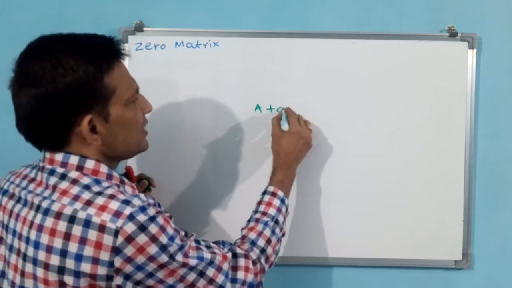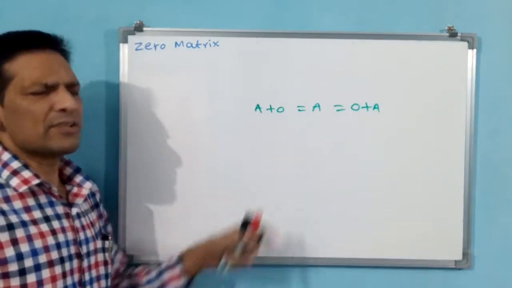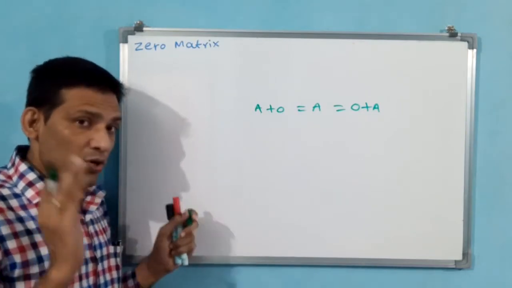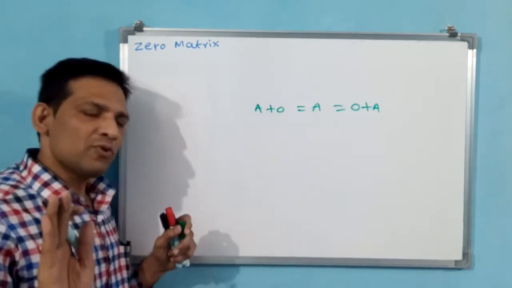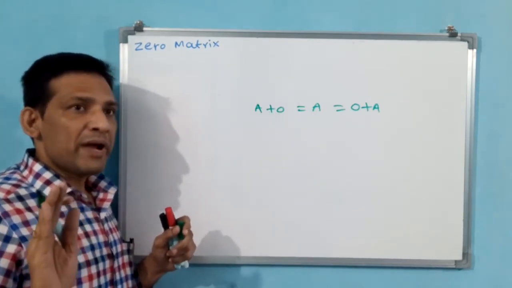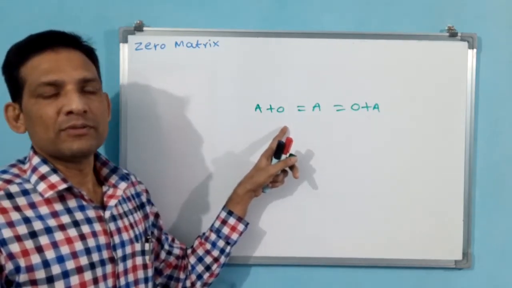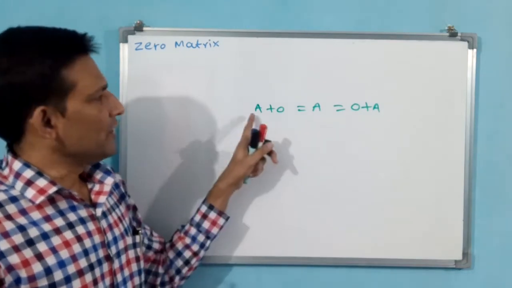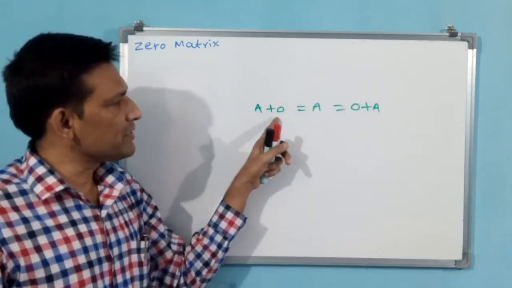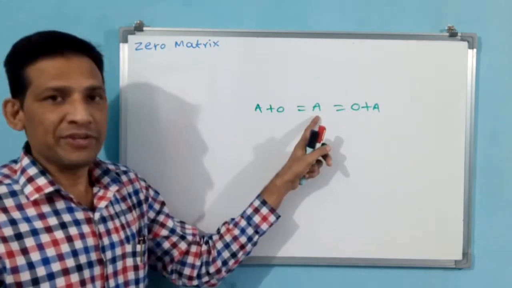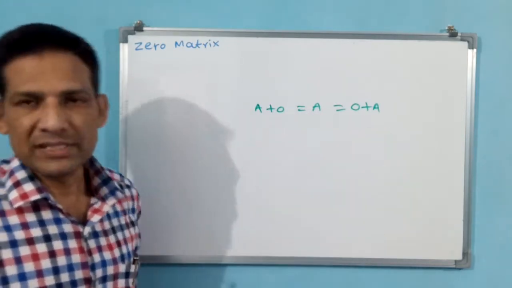Why? Because see, A plus 0 is equal to A, that is equal to O plus A, 0 plus A. See, O or 0 you can spell easily, but you have to keep in your mind that depending on A, this order will come. O or 0 are both the same, but you should keep in mind that this is not a single 0. If A is 2 by 3, O is also a 2 by 3 zero order. Okay. A plus 0 is equal to A, or 0 plus A is equal to A. Why? Because addition is commutative. That is why A plus 0 is equal to 0 plus A. Both are going to become A. Why? Because 0 doesn't have any value. That is why while adding, the same result is given.